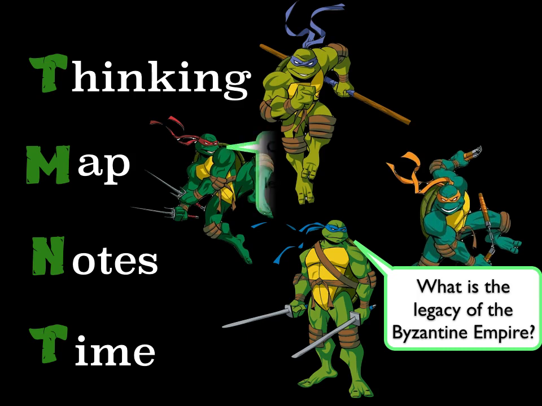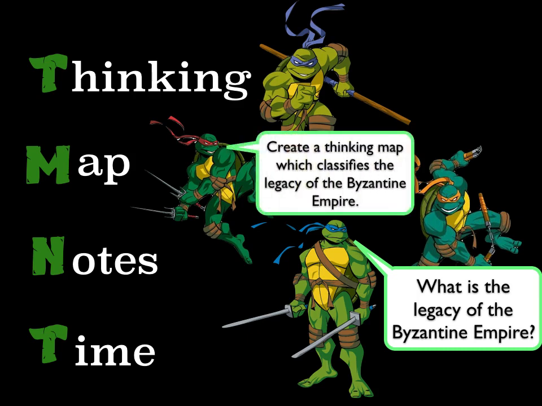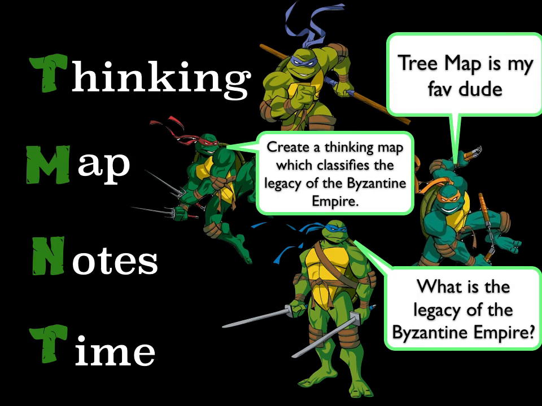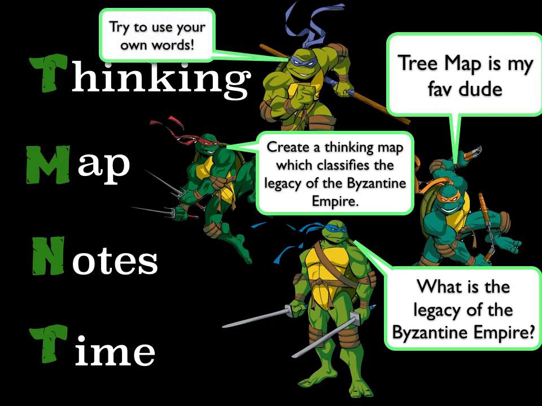So for every presentation, you're going to create a thinking map, and in this case, you're going to create a thinking map which classifies the legacy of the Byzantine Empire. And so if I'm asking you to classify, what type of thinking map is that? If you said tree map, then you are right. And remember that with everything that you do in this class, try to use your own words, try to paraphrase,